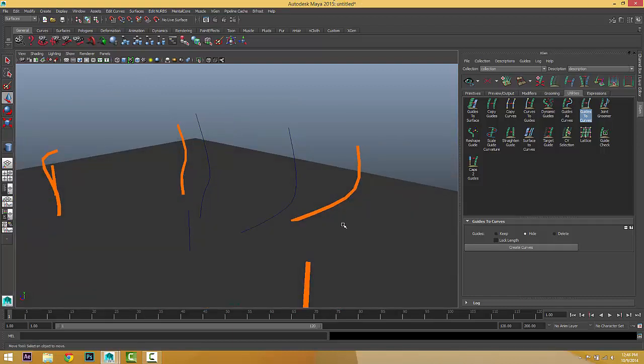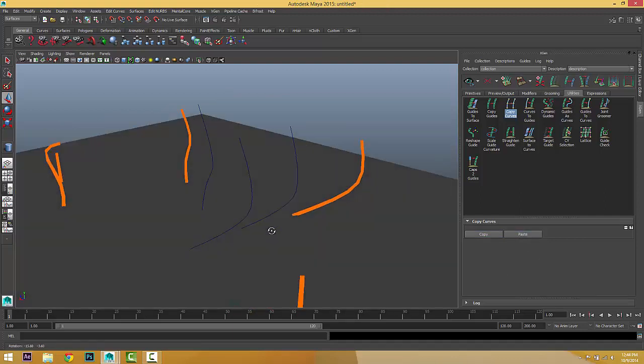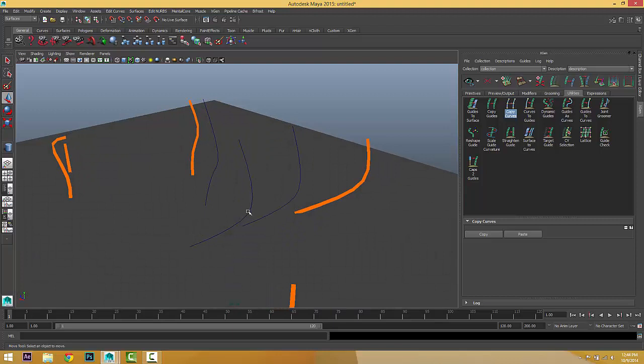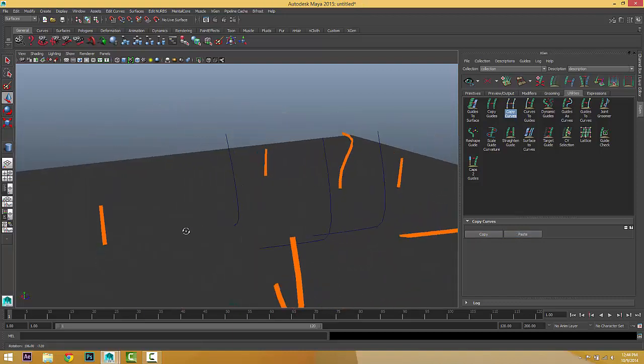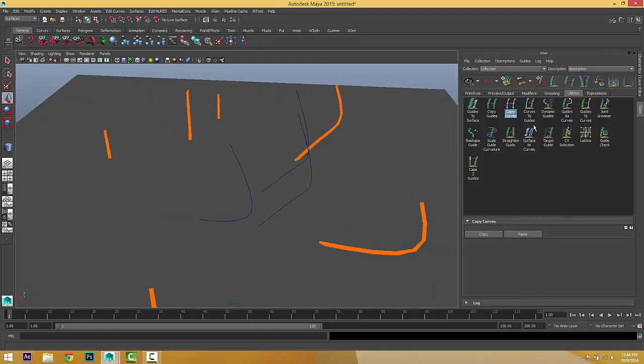We'll talk about that later, but if you like this shape, this curve, and you want to copy this shape to this one, just select this and choose copy curves. Then select the new one, the target one, choose paste. Or you can just select this one, choose copy, and maybe this one, choose paste. So as you can see, we can copy and paste the curves.